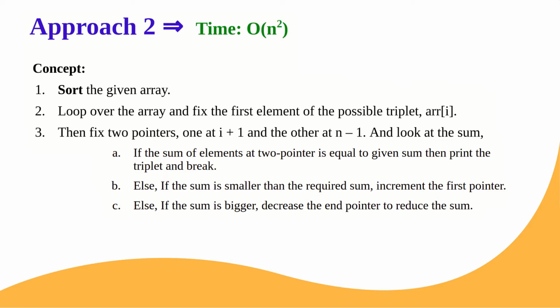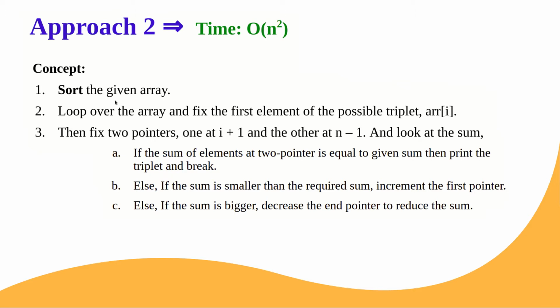All these things will be covered in detail when we code, but here we are just explaining the logic behind it. Fix one value, point to the next value and to the last value, and iterate over these 2 values and check the sum of these 3 elements: the first fixed element, the element to the right of it, and finally the last array element. Remember, before performing this we have sorted the array.